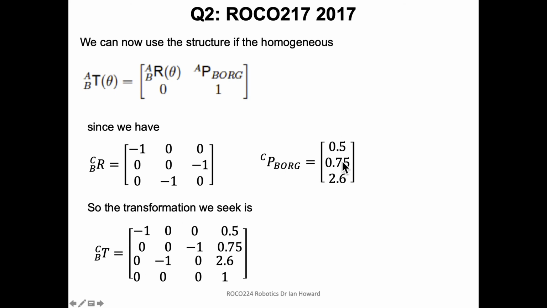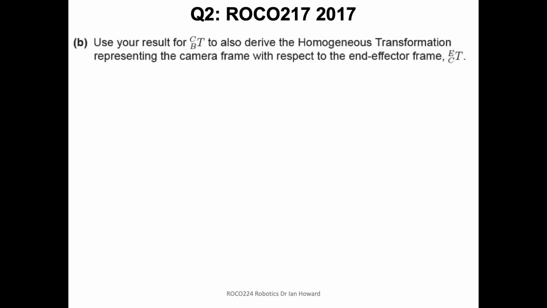Our translation component goes in here, there, there, and there. And of course, 0, 0, 0, 1 goes along the bottom row because it's a homogeneous transformation matrix. So we've done the first part. Now it's saying use the result from that and other things. It's not saying that that's the only thing we have to do to represent